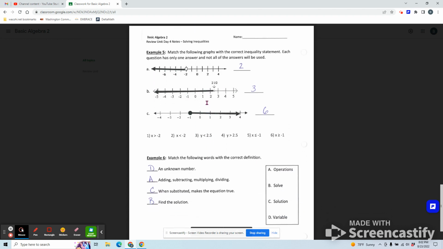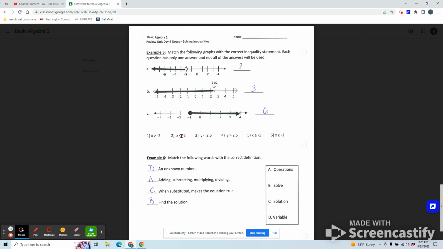And then the last part I want to talk about is number 5. It says match the following graphs with the correct inequality statement. Each question has only one answer, and not all answers will be used. We're going to break this into manageable steps. Step 1, where is the dot? The dot is at negative 2. So right away,